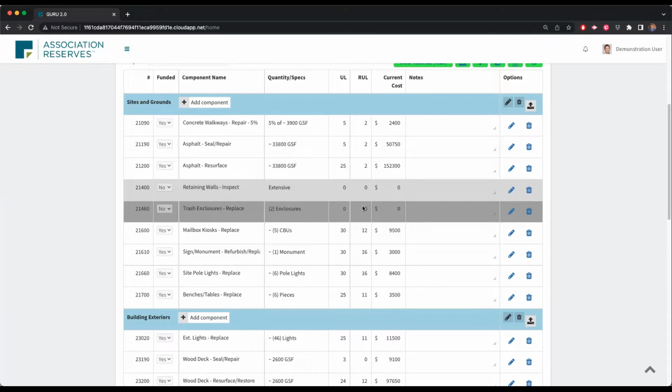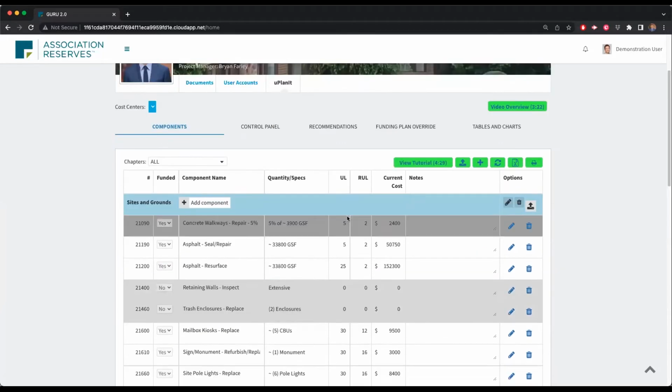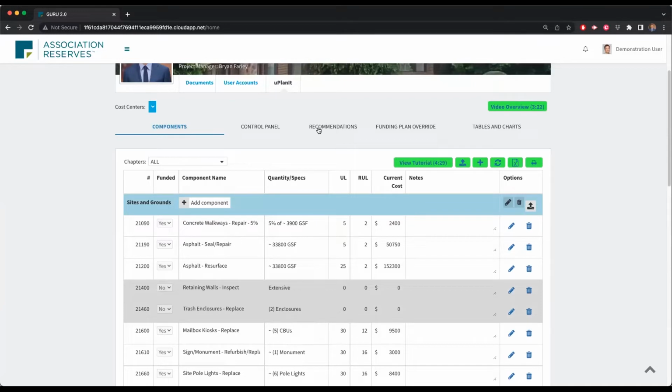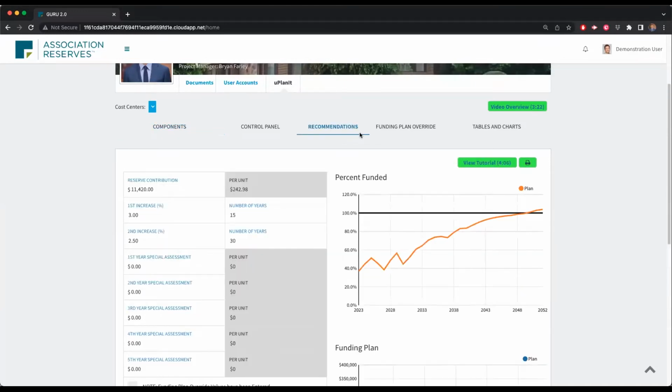So now that we've reviewed the component list and gone over it briefly, let's take a look quickly at our control panel and the recommendation panel tabs, because this is going to allow us to show you how we're going to make our funding recommendations for our clients. So when we put together